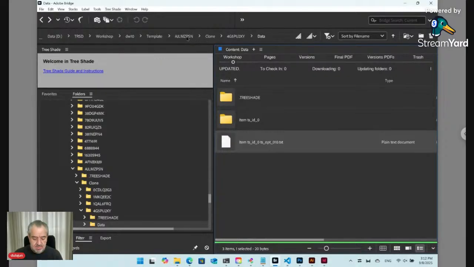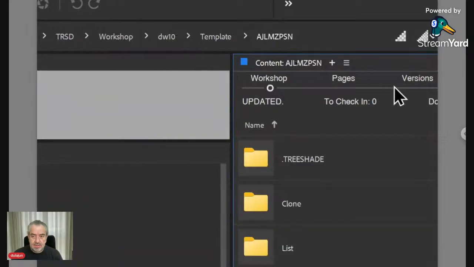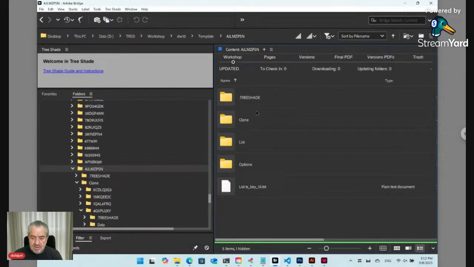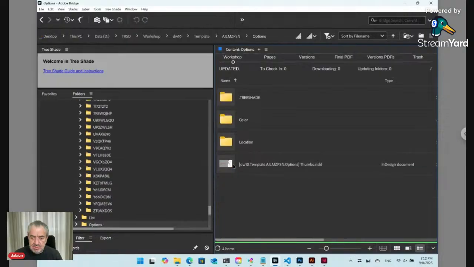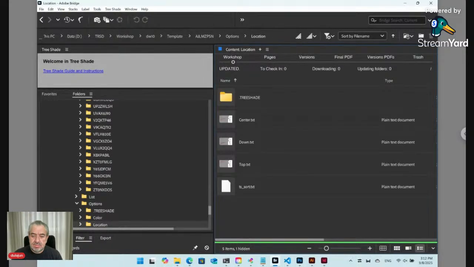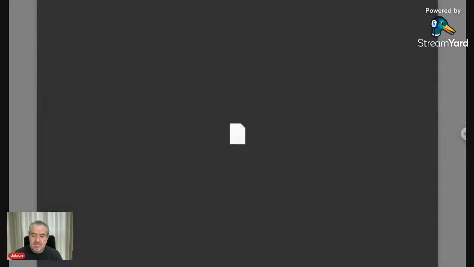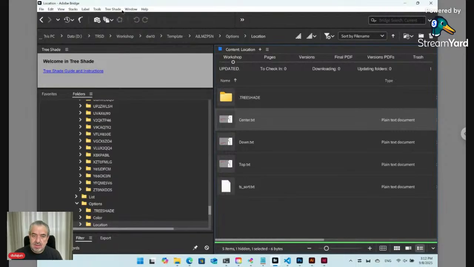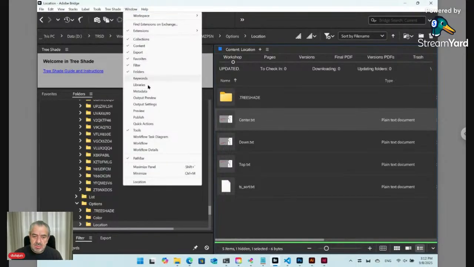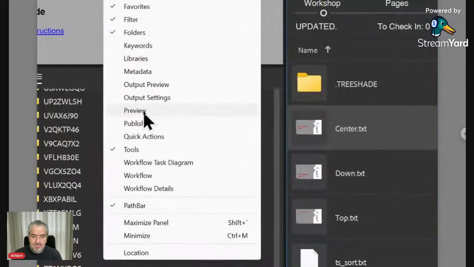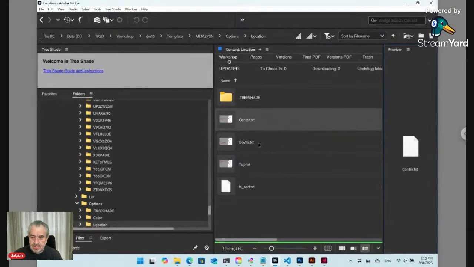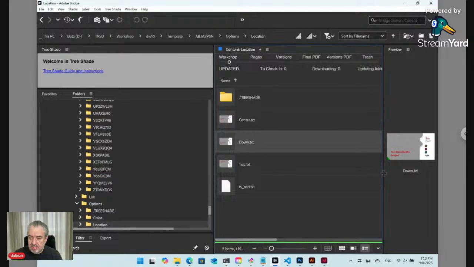If we go here, inside the project folder, I have here options. So I think this is the options. Locations: center, down, top. This is the location of the text. You have center here. From window, let's select preview. So you have a preview of the